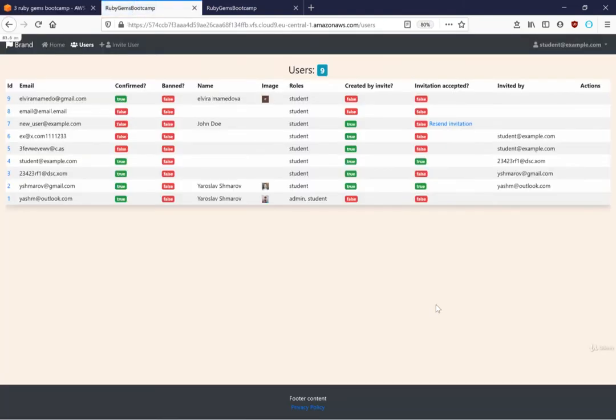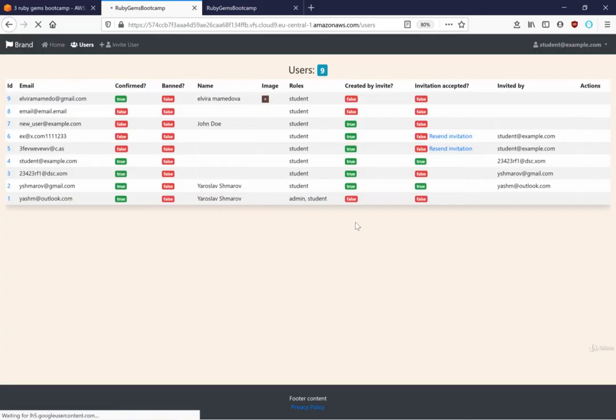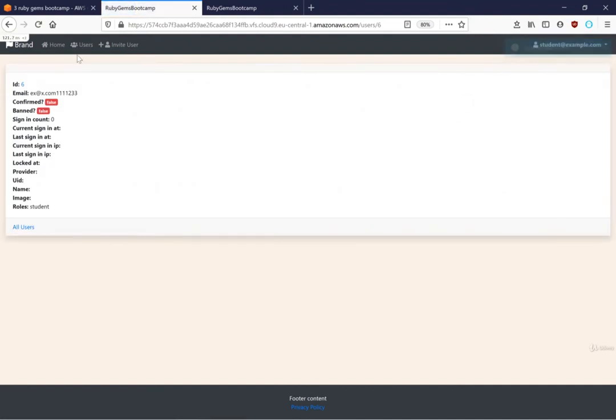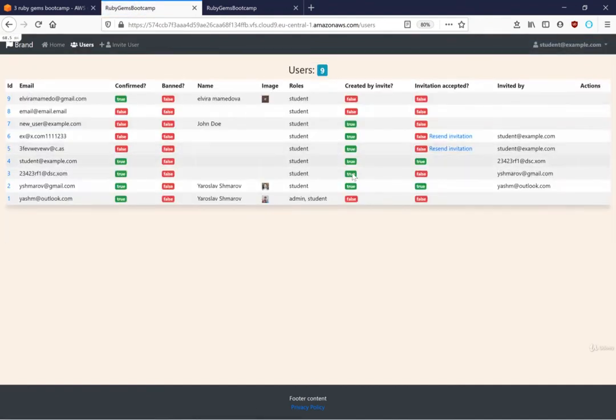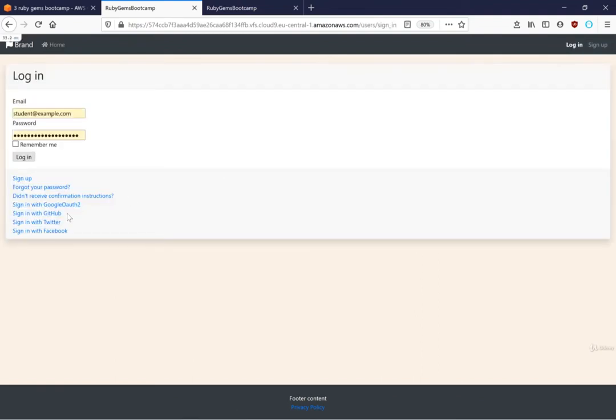Now I refresh and something's wrong. So I see resend invitation only to the user to which I shouldn't be able to resend the invitation. So it should be not unless, but if. Yeah, that's my mistake. Okay, now I'll try to resend invitation and it's working. Now I'll try to log in as an admin once again. So log out, then log in, GitHub,